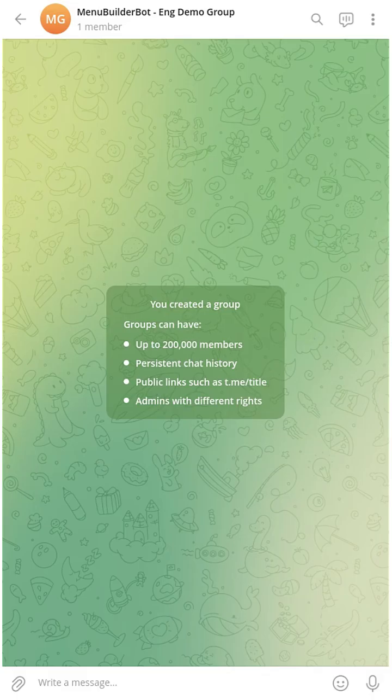So after we got tokens of groups, we can move to the second stage and start getting our group ready. We have created a new group. It's completely default at the moment, and we need to prepare it. First of all, we have to make it a supergroup in order to get a proper ID and then get